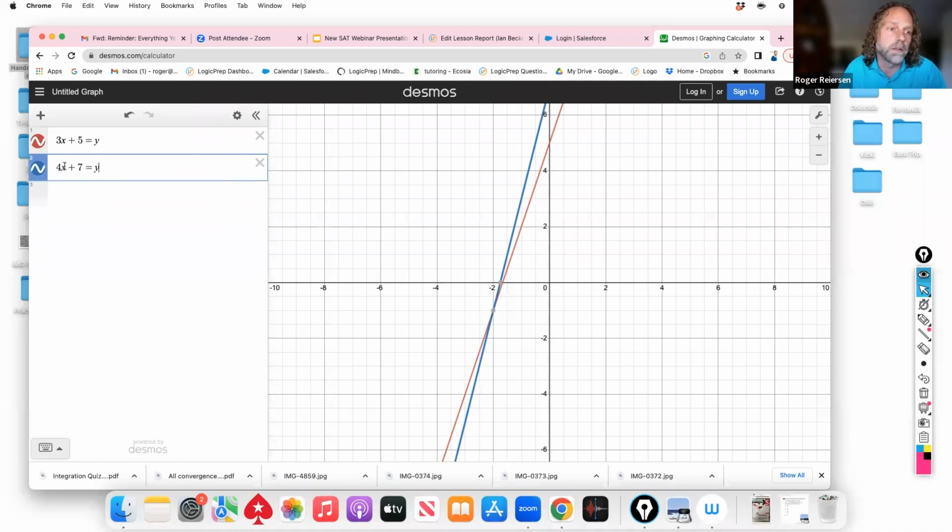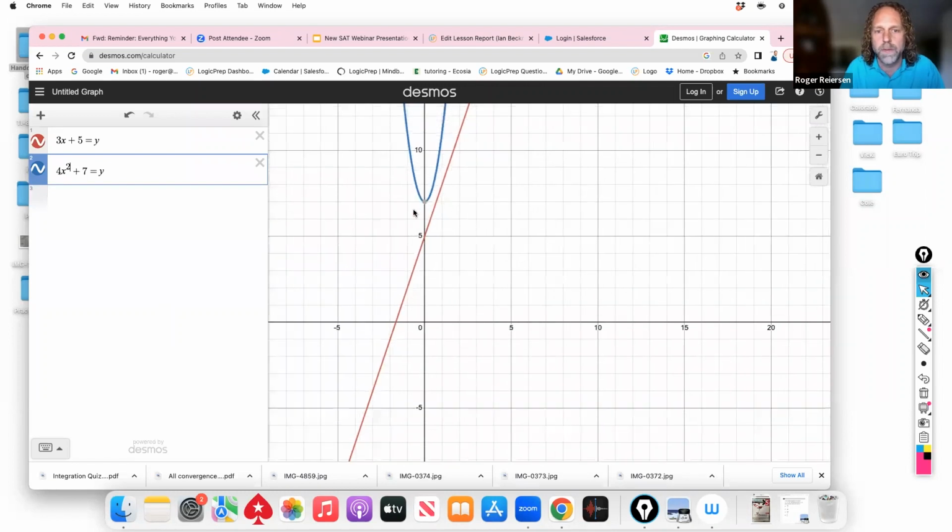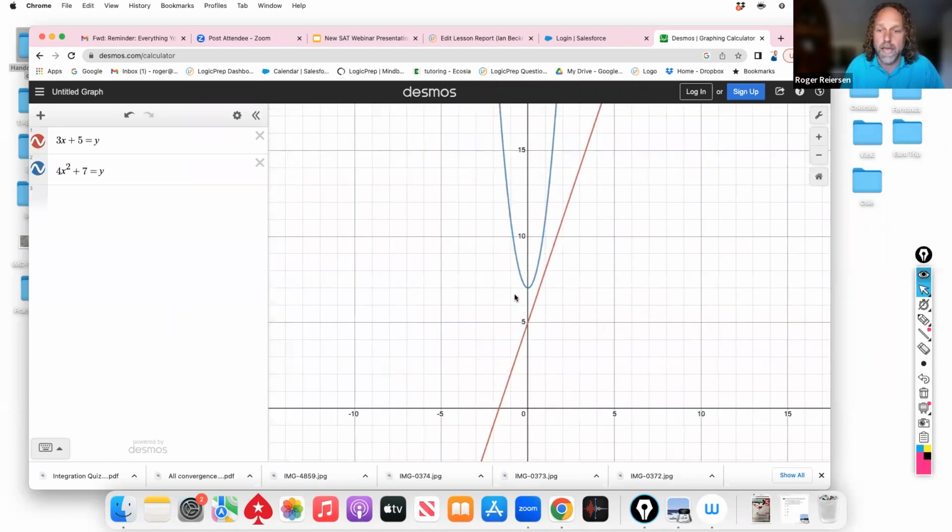And if you type it wrong, there's no typing it again. You can just scroll out, zoom in, slide around, and now we can see that this system of equations has no solution and no point of intersection. Furthermore, a very common type of problem that's becoming more and more common on the SAT, on the newer SATs, especially the digital SATs,